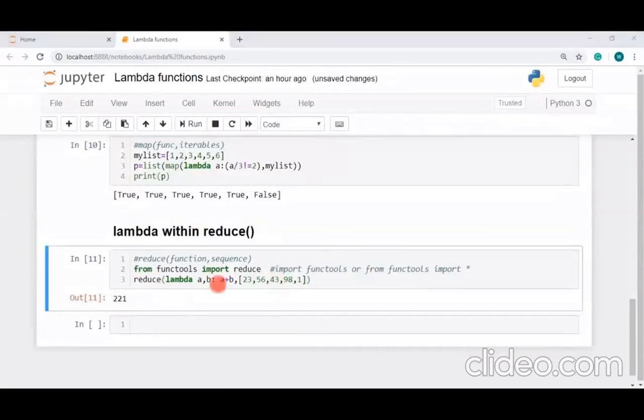So it's 23 plus 56, so that is 79, then plus